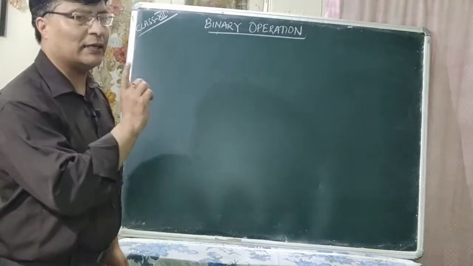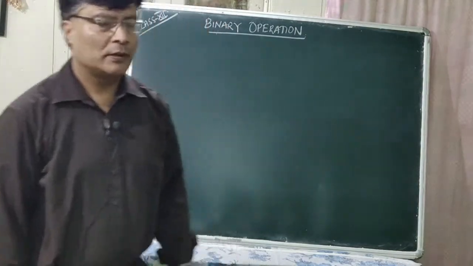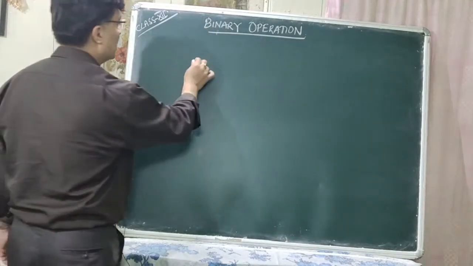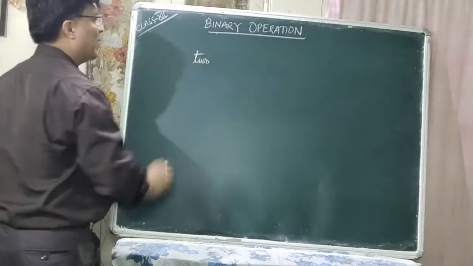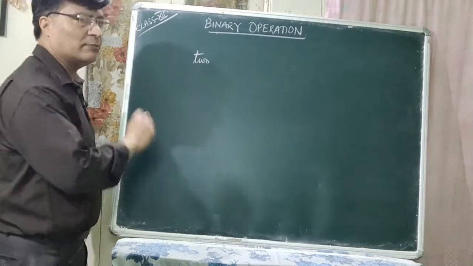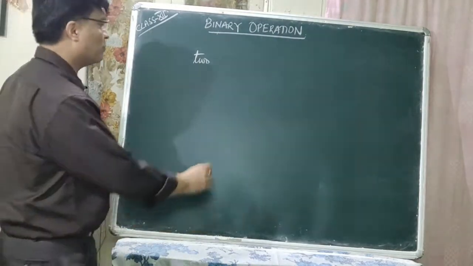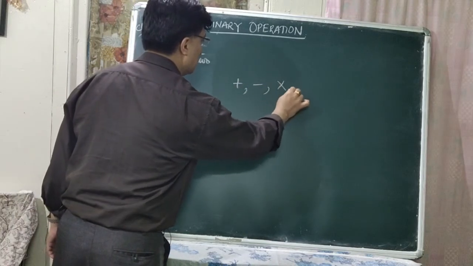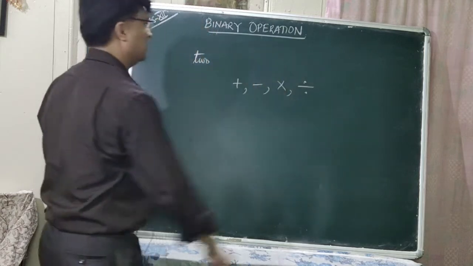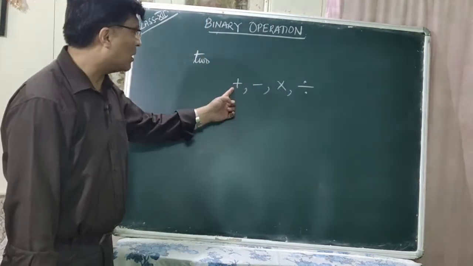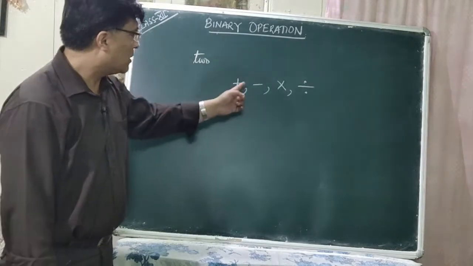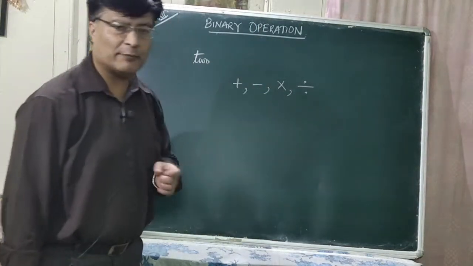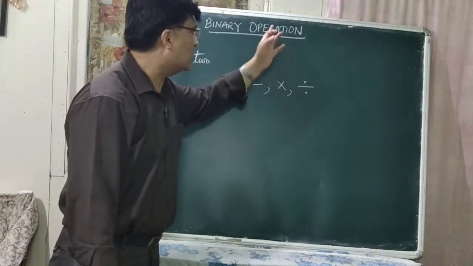So what is meant by binary operation now? You know binary means two. Binary means two. Operation means, you know, the operation. This operation may be plus, it may be minus, it may be multiplication, it may be division. Now this plus is a type of operation, this minus is a type of operation, multiplication is a type of operation, and this division is a type of